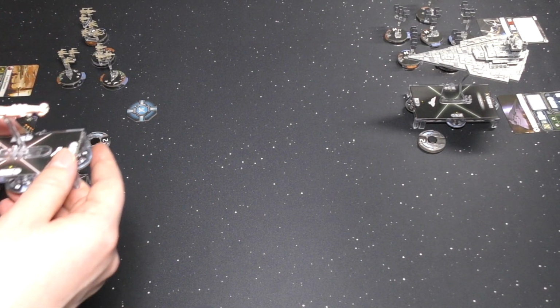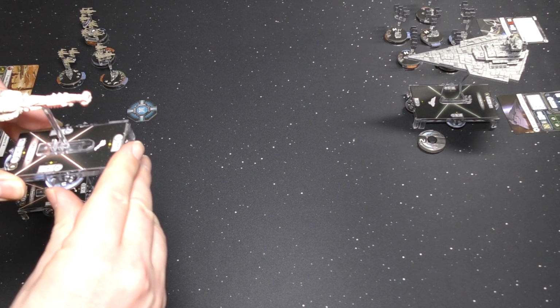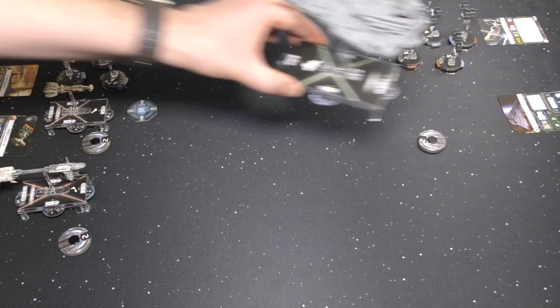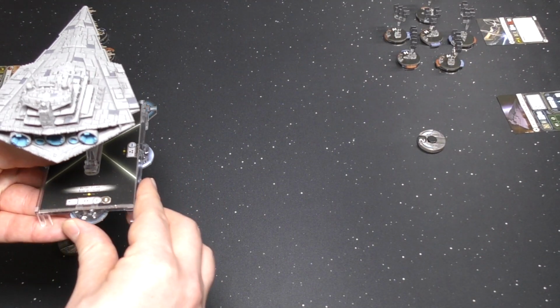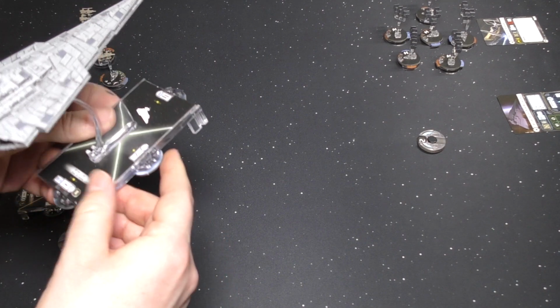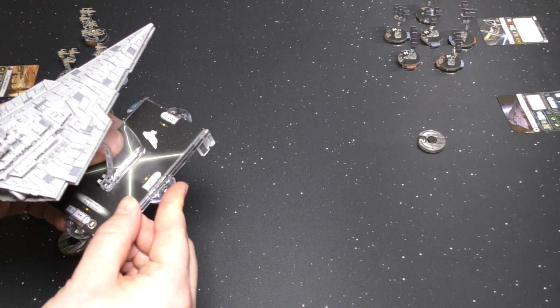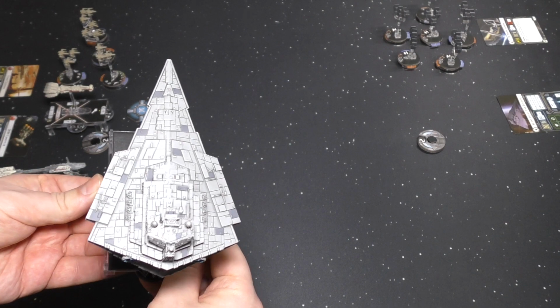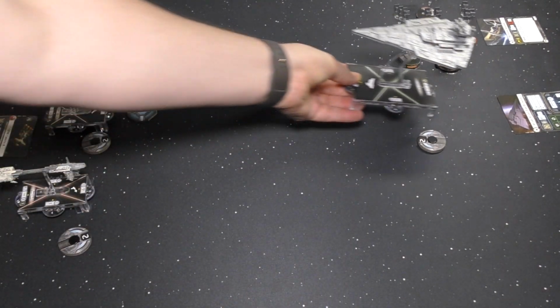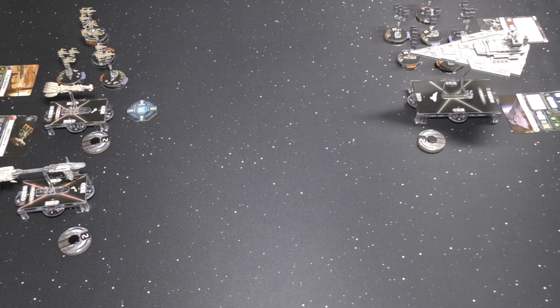And for the Corvette, we have a 2 at the front, 2 at the sides, and only a 1 on the rear. For the Star Destroyer, we have a 1 on the rear. That makes sense. But we have a 3 on the sides, and a 3 on the front. So there we go. We place 1 command dial near the CR90, 2 near the Nebulon B, and 3 near